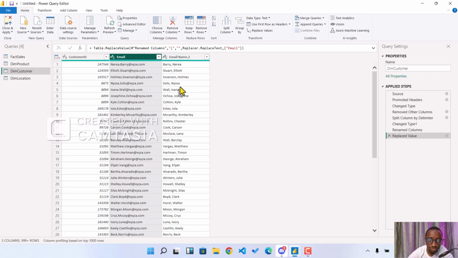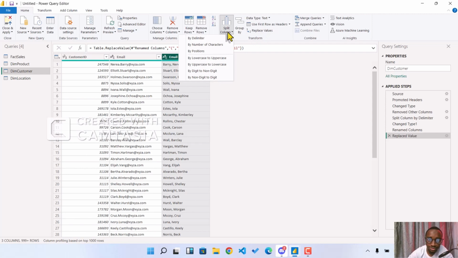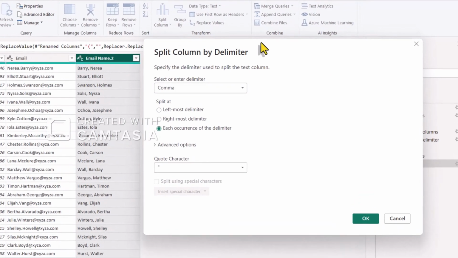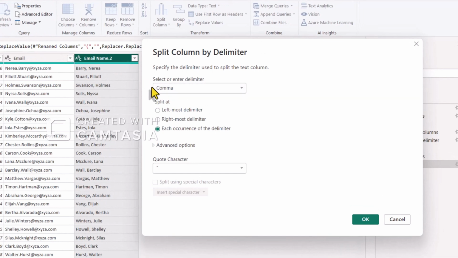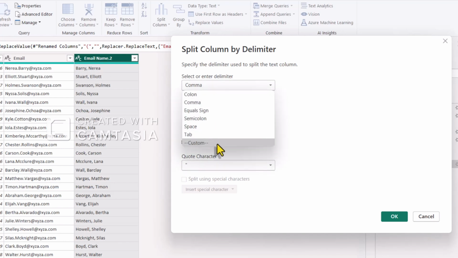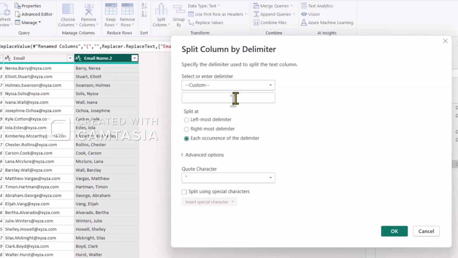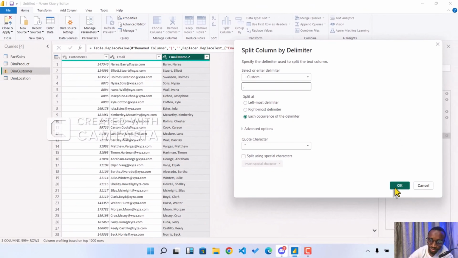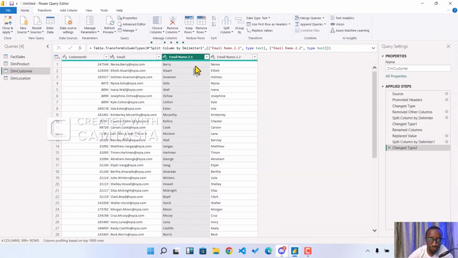Another way to do this, we want to split this into first name and last name. Come to split column by delimiter. Now we have comma here. I don't want to do comma. If you want to split by comma, it means that the name after the comma is going to be preceded by a space. So we say custom, and then we split it. Delimiter will be comma and a space. So that trims it off,